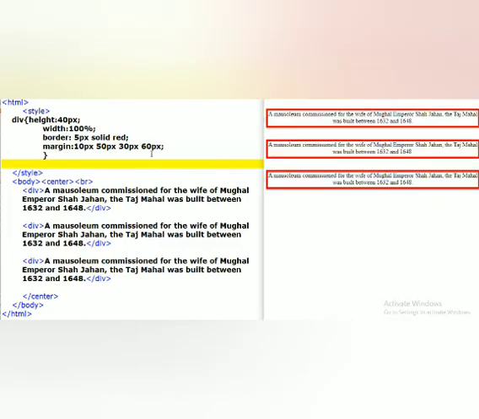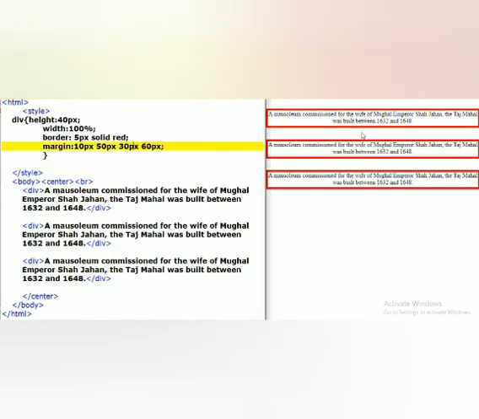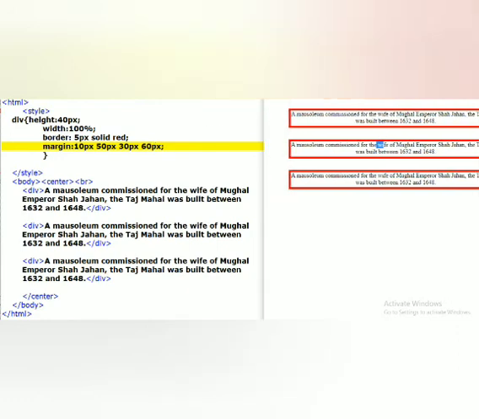You can observe only 10 pixels of margin I am going to apply on top, and 50 pixels I am going to apply at right side. I have reduced the size of this screen, so you can't see the output properly at right side here. Next one is 30 pixels I am going to apply for bottom, and then 60 pixels I am going to apply at left side here. So you can make out the difference here.